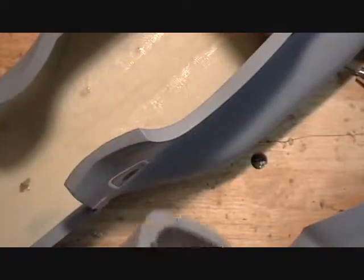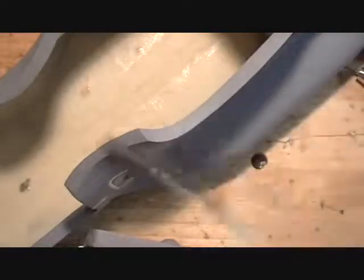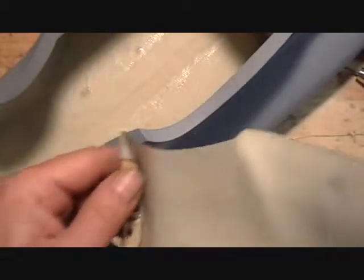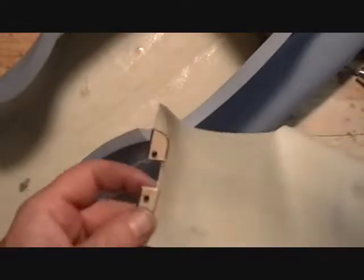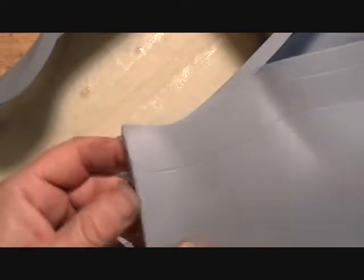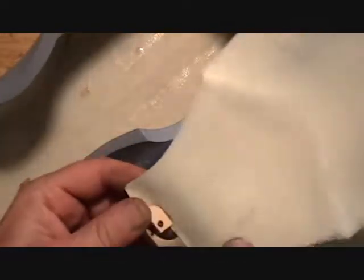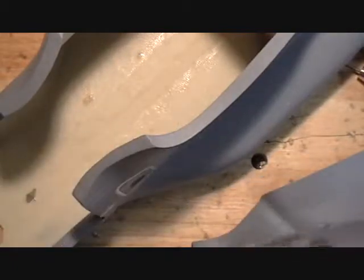Okay, before I show you the configurator, I just want to go over this way to install this over-wing fairing. Much easier than what's in the instructions. I think I talk about this in my landing gear instructions also. But a guy named James Bradley, he showed me this trick. It was a much easier way to do this. But what I do is I trial fit this with the body installed,